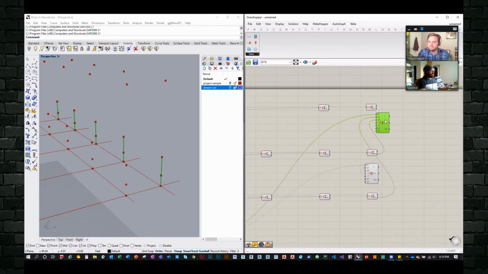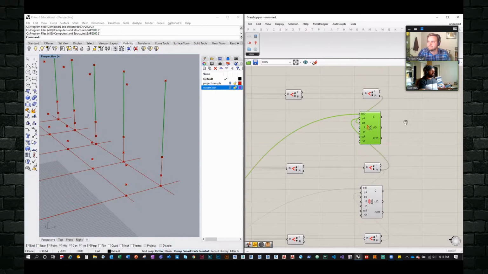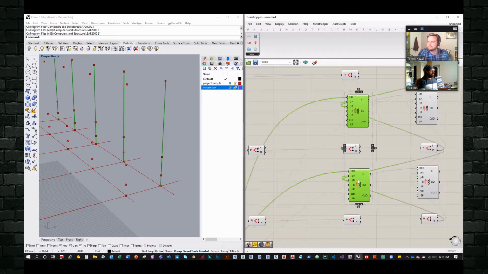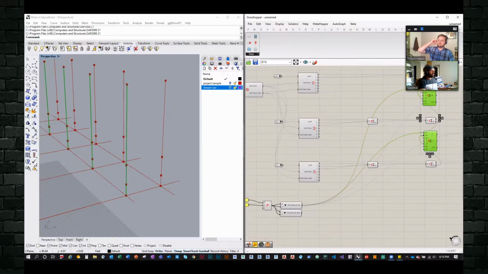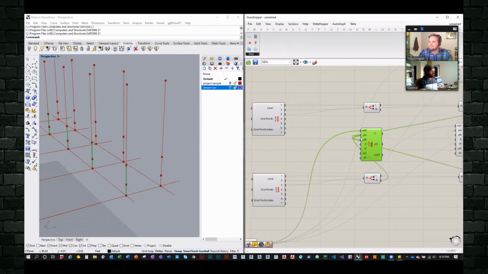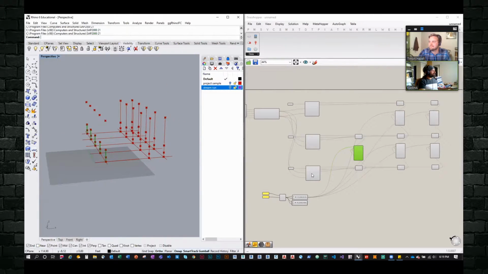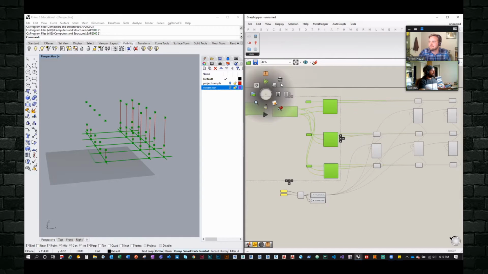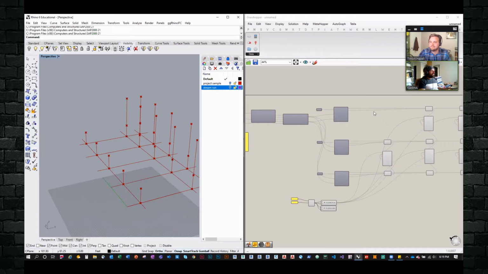Now I can take this and copy it and build the second story of my columns. I can take these two and copy them over and build my second grid of columns. And then I can take this last one and copy that over. So now I have all of my columns built, right? We could just turn off all this stuff here because it's kind of distracting. So now we're ready for the beams.